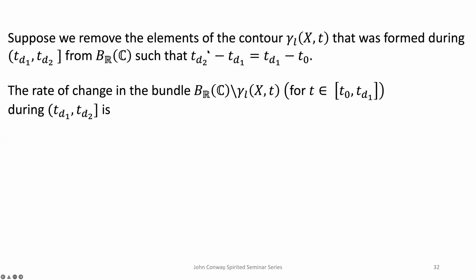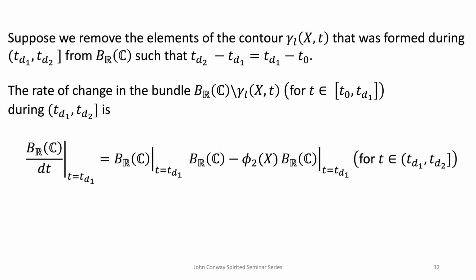Now the second piece. The first piece we removed, the second piece is TD2 minus TD1, which means equal interval. TD1 is the removal time minus the first removal time, and then the removal time and the origin of the contour. That means a jump. This is the jump time between the removals. So this is a jump process, and the time between the two removal processes is the same. That means we are removing at uniform time intervals the bundle formation.